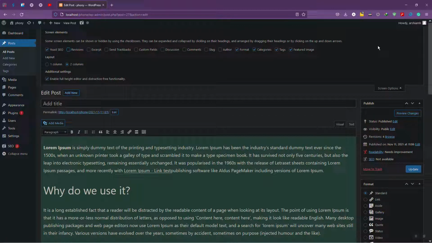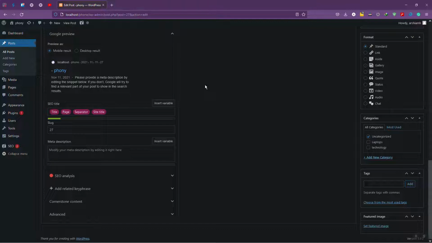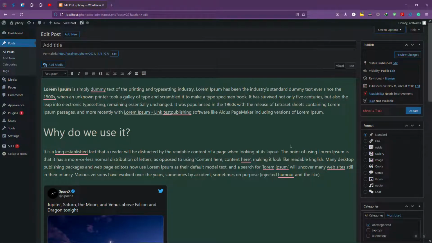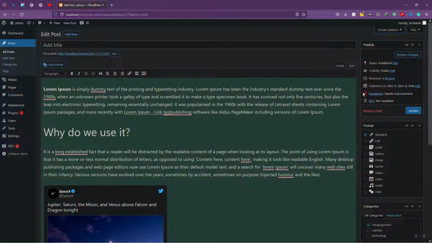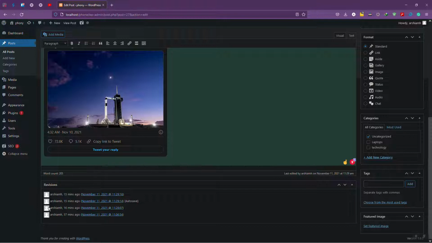Now I have it on. Let me turn it off. When you come down, there is nothing, but when you come here and open the screen options, if I click on the revision, you'll see that there's a revision here, and if I select it and come down, you see that the revision part came up. Revision is technically a part that will show you every single change that you have done on your post,